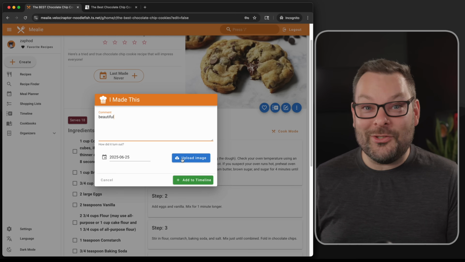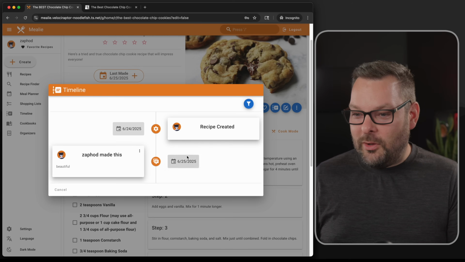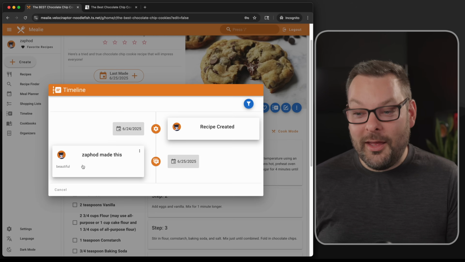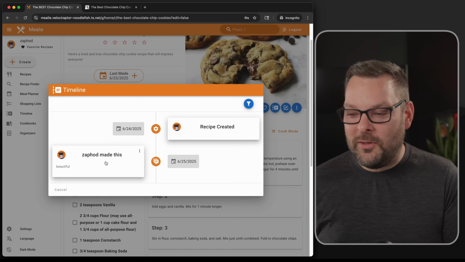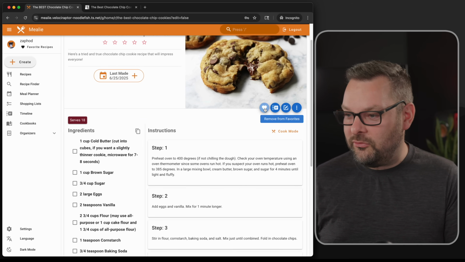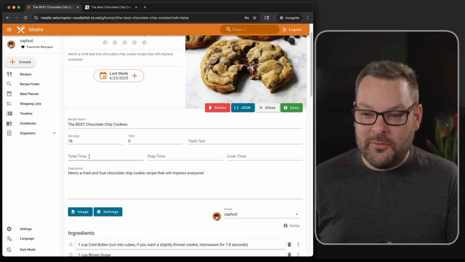I can add an image. I can literally, wow. Okay. That's fun. So I created the recipe, and then Zaphod made this. I guess it's like you're scrapbooking your own cooking. That's kind of fun. Add that to favorites. Yes, sure. Why not? Then under the edit option here, there's a whole bunch of stuff you can say, like